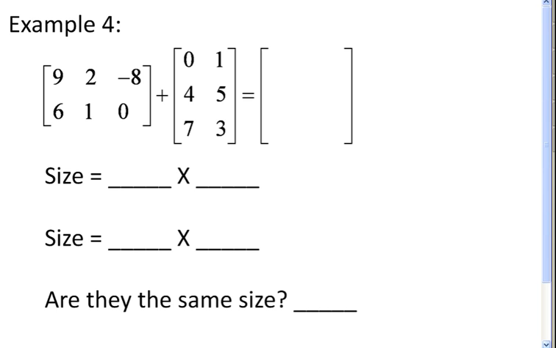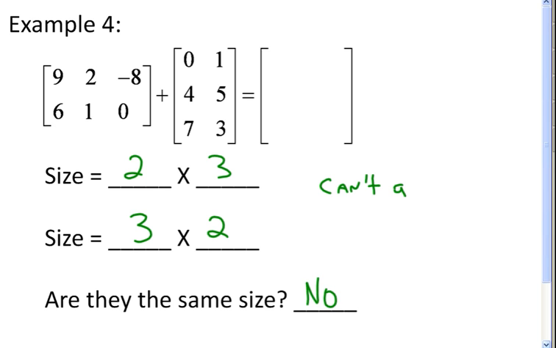Example 4. So let's check. The first step is to check the size of the matrices. We have 2 rows, 3 columns. The next one is 3 rows and 2 columns. Are they the same size? No. So we can't